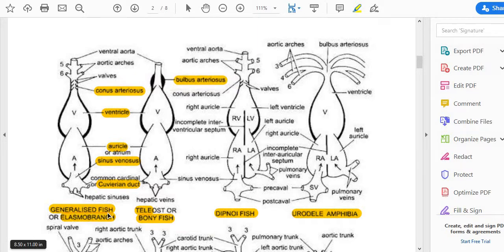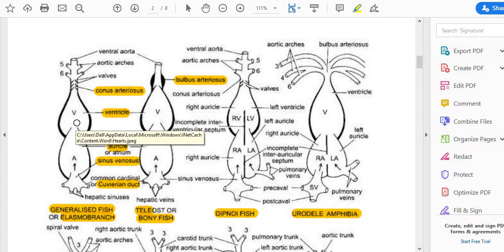This is the elasmobranch heart. Elasmobranch is also called Chondrichthyes. Here we are taking the example of the shark. The shark heart is usually S-shaped and tubular. The first chamber we see is the sinus venosus, which is an accessory chamber of the heart. After the sinus venosus, it continues as the auricle. The auricle forms a true chamber.